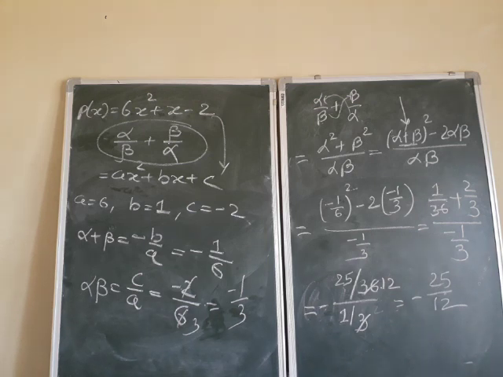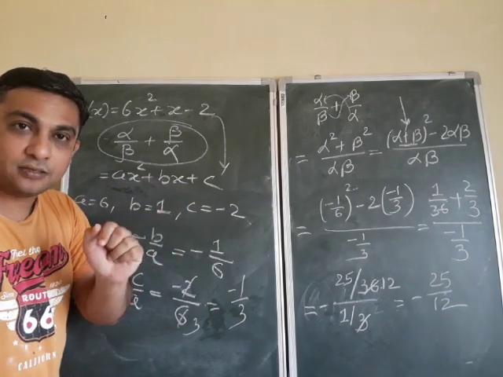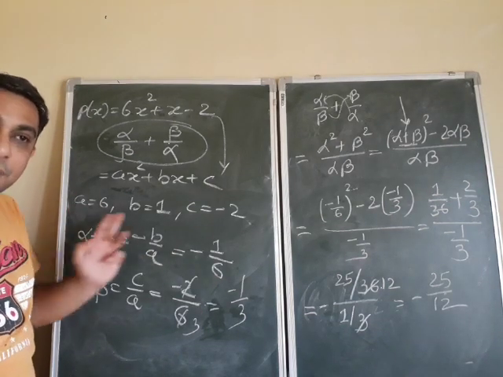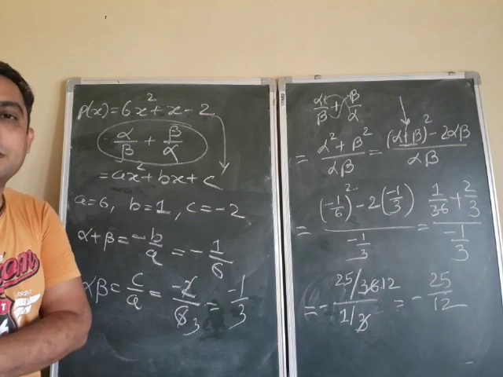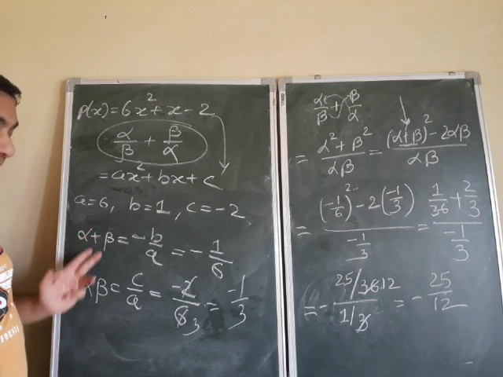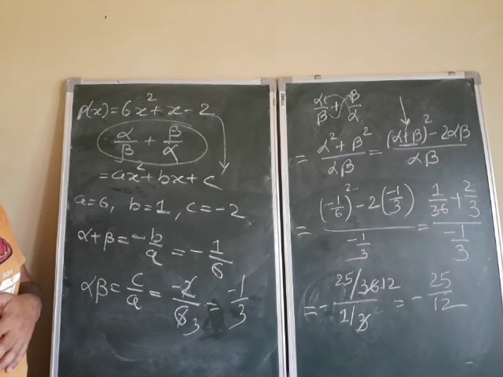Now compare the answer with the previous method. Is it the same? So this is one of the methods. Now what is the difference between both the methods? Please complete this. The difference between both the methods is that in the previous method we are getting alpha and beta and then we are proceeding. Here we don't have alpha, we don't have beta. We have alpha plus beta and we have alpha into beta. Because any quadratic equation is given, you can find out these two values directly. Alpha plus beta is minus b by a and alpha into beta is c by a. Okay, fine.